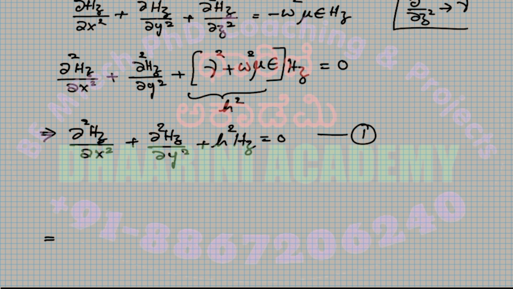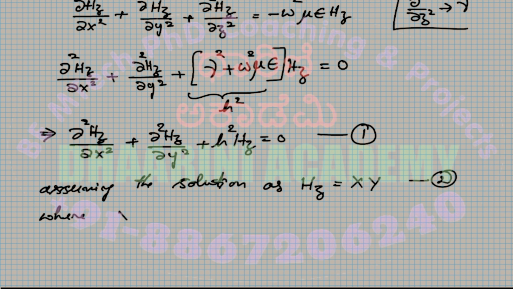Right. So if you recall our previous derivation, once I got a second order differential equation like this, I am going to assume the answer, assuming the solution as, say, what is the solution? Solution should be Hz. Which value of Hz or which equation of Hz solves this equation? That's what is a solution, right? So Hz is equal to, let's assume capital X into capital Y, where, let's call this is 2,